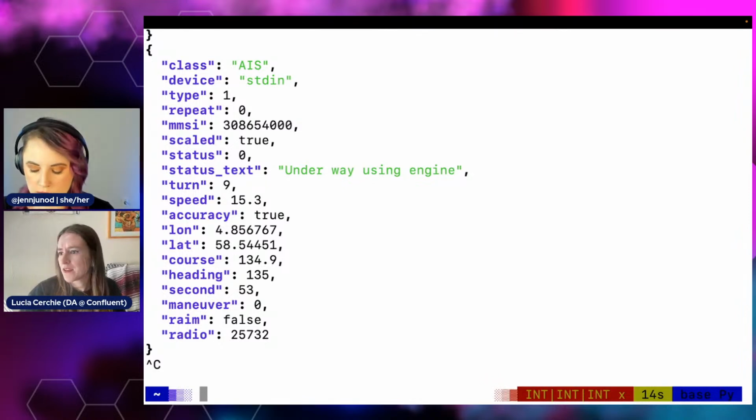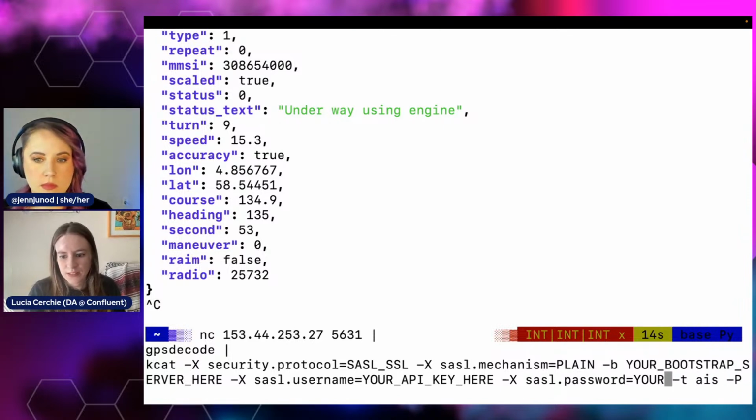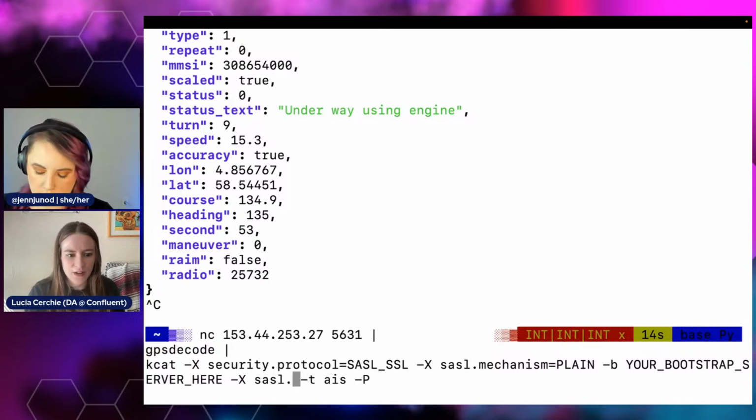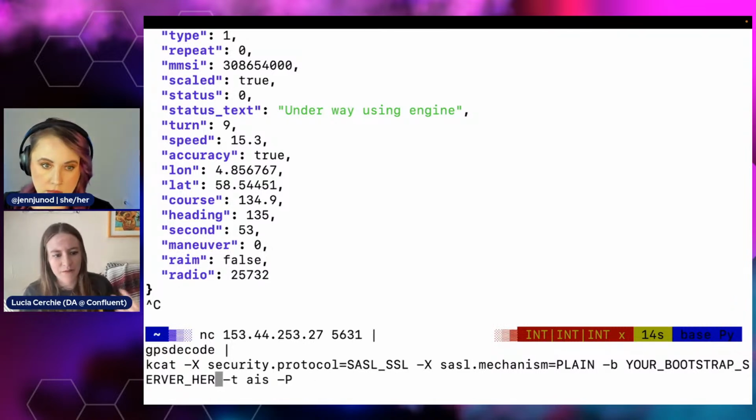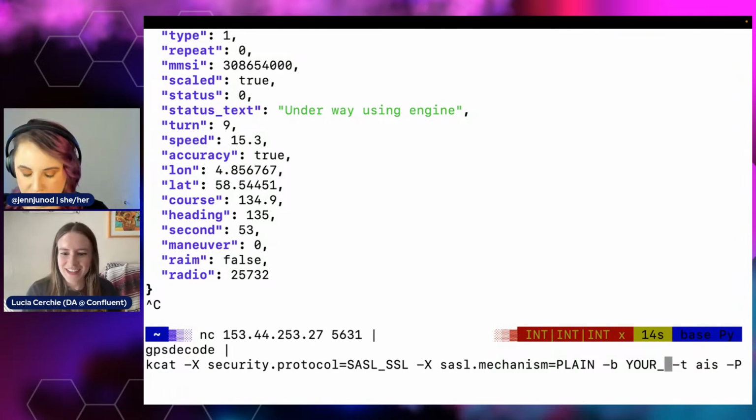Awesome. So the next thing that we're going to do is, this command is a bit long, so I'm going to format it. We're going to use a utility called kcat, and what that stands for is Kafka cat. I have a link again that I'll do a big link dump at the end of this. Cool, thank you. Yeah, of course.